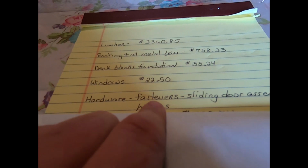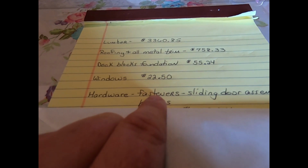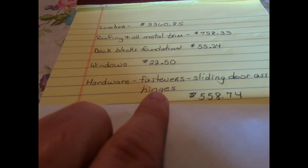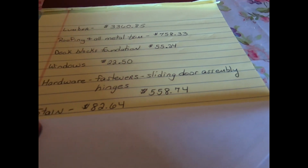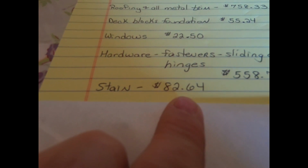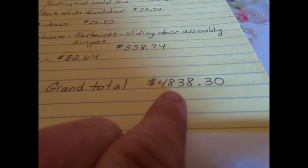Hardware, which includes all your fasteners, all the screws, all the construction screws, the sliding door assembly, all the hinges for the doors, $558.74. 2 gallons of stain, $82.64. And we got a grand total of